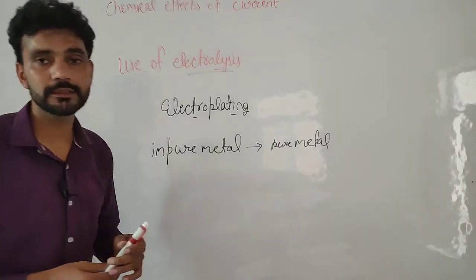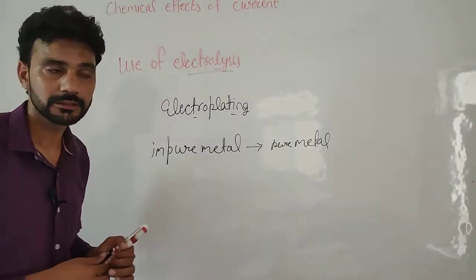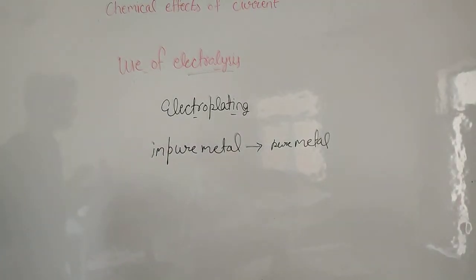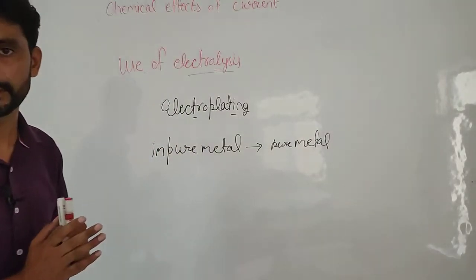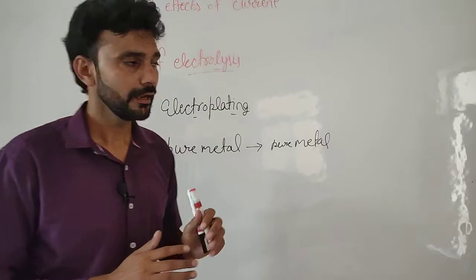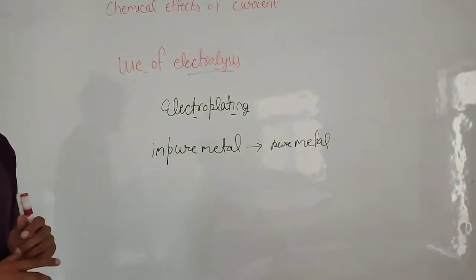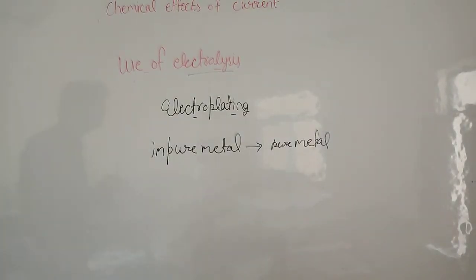You have to learn this chapter carefully. If you have any doubt, you can ask. Revise these things. Mainly you have to revise the definitions of all the terms of this chapter carefully, because if you know the terms, then you can easily define this chapter. And you should know these two diagrams, electrolysis and electroplating. If you know these things, then you can easily answer everything from this chapter.